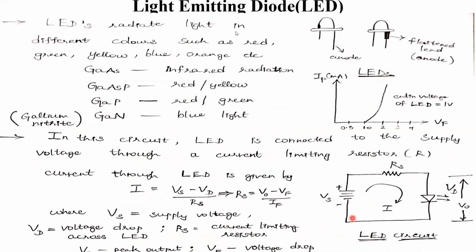LEDs radiate light in different colors, such as red, green, yellow, blue, orange, etc. Gallium arsenide will give this; it is one type of semiconductor material. Semiconductors are of two types,